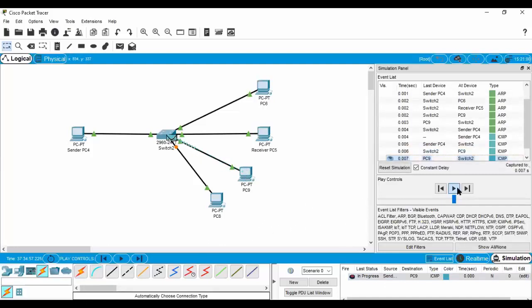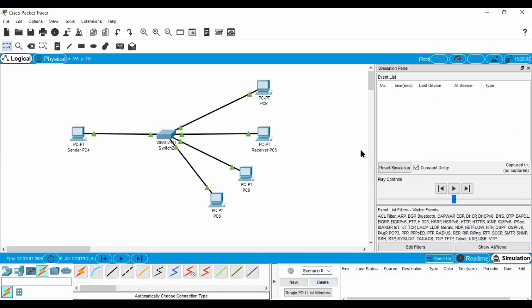So initially, until the MAC address and IP address mapping is done, it will perform broadcasting, and after that the switch performs unicasting, and now you can see the packet gets transmitted successfully. Yes, Deepak, I hope your query is solved now.